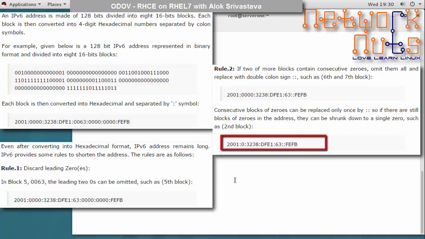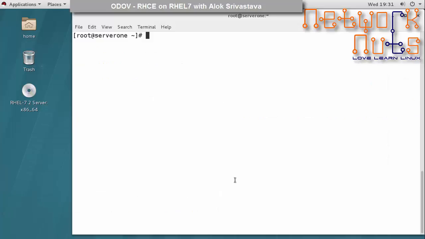Then 3238:DFE1:63, and the double colon means 2 blocks removed and replaced with the colons, and FEFB. This is how the addressing works. So you need to remember these rules. These rules are very important. So once we have understood all this about IPv6, we can proceed on to